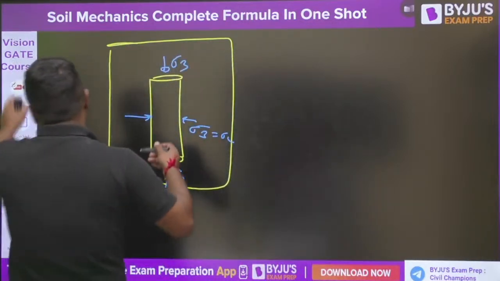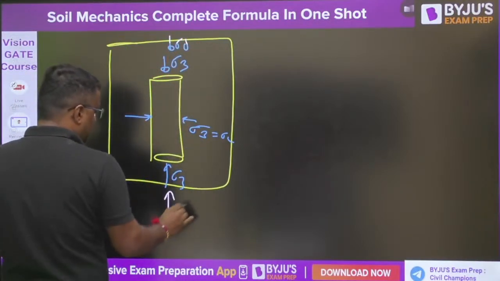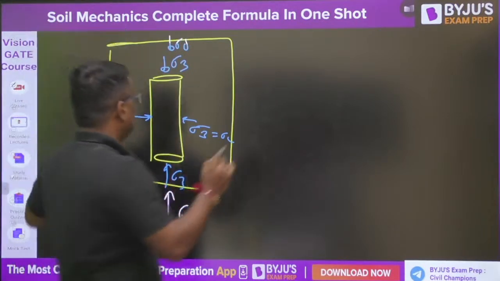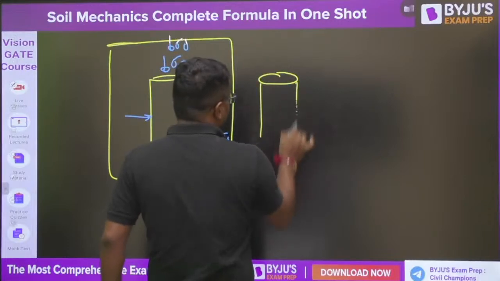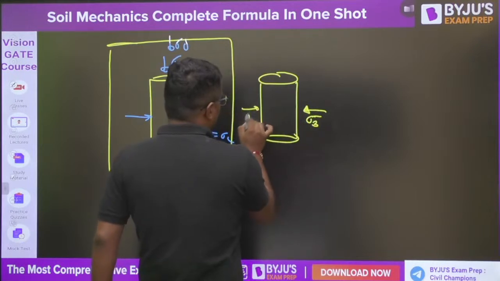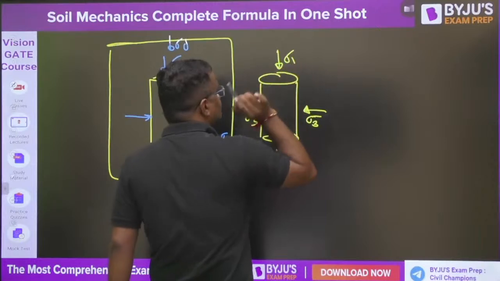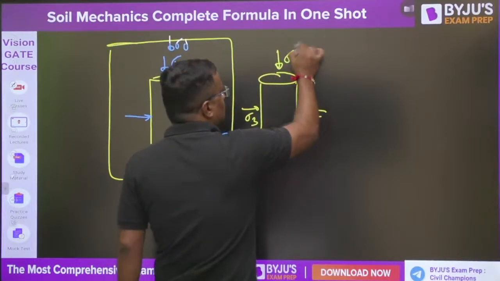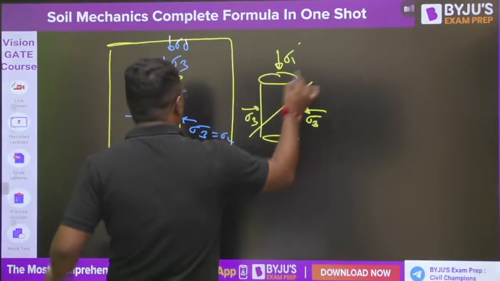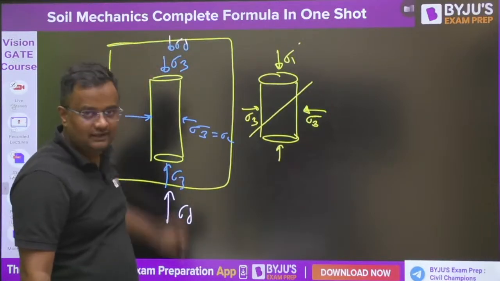So now to break this, we apply deviatoric stress from here. The deviatoric stress is only in the vertical direction to break this sample. Why break this sample? Because we want to find the C and phi. So now what happens? Sigma 3 is coming from the sides, and in the vertical direction it is sigma 3 plus sigma d. Sigma d is deviatoric stress. Total it is sigma 1. Sigma 1 is bigger, so it is the major principal stress. Sigma 3 is minor, it is the minor principal stress, and due to this the soil may fail. If we apply a significant amount of sigma d, it will fail.